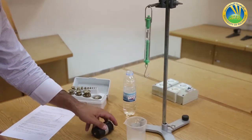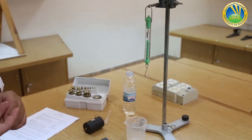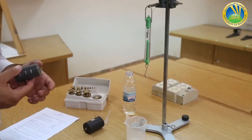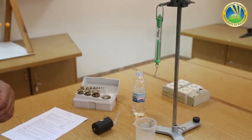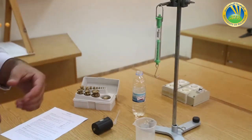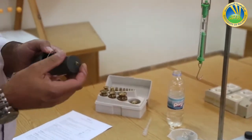So the main objective of this experiment is to prove the principle of Archimedes, which states that the buoyancy force or the buoyant force applied on an immersed solid cylinder, for example, or an immersed object in water, the magnitude of this buoyant force is equal to the magnitude or is equal to the weight of the displaced water. So this is the objective of the experiment, and in order to do it, we have to attach the solid